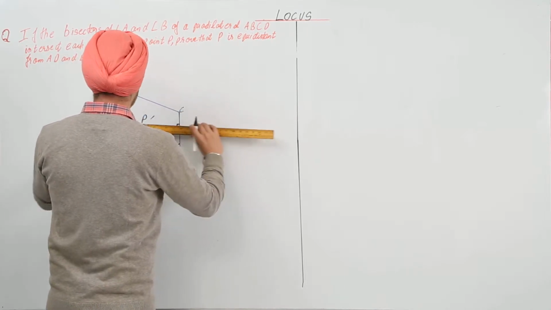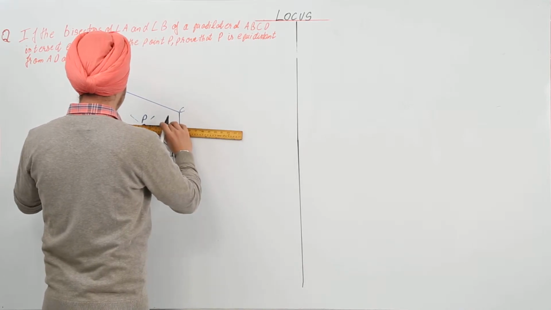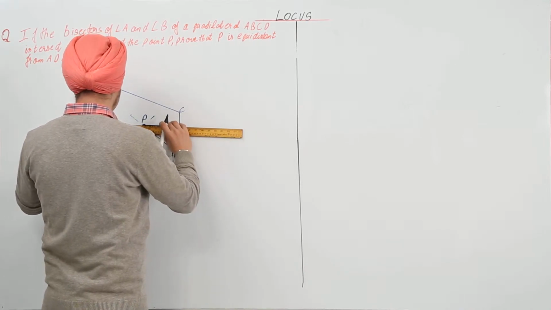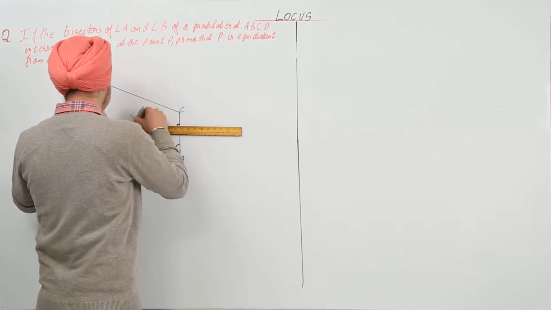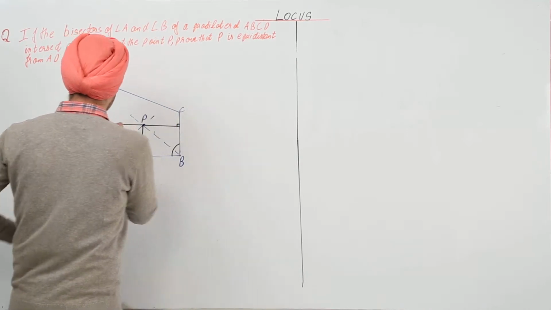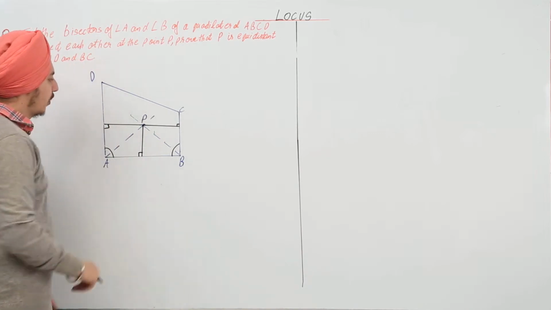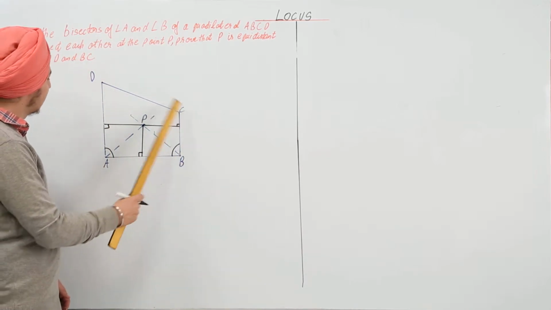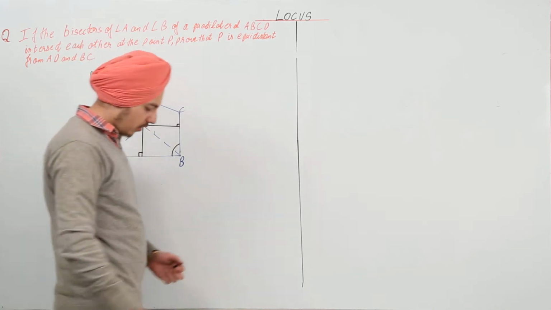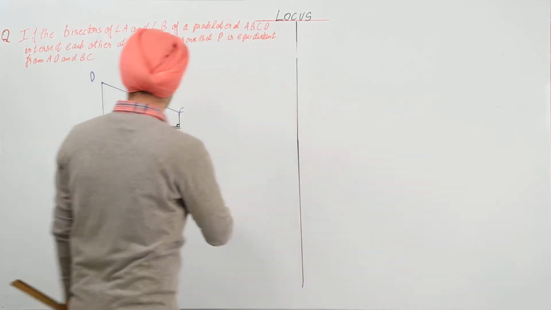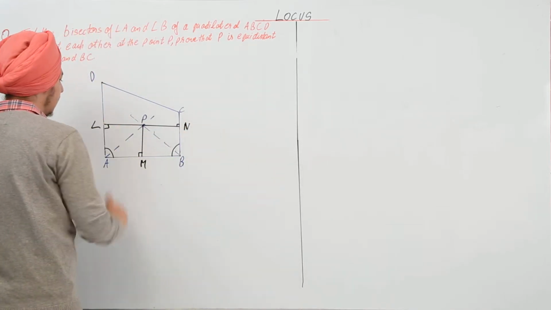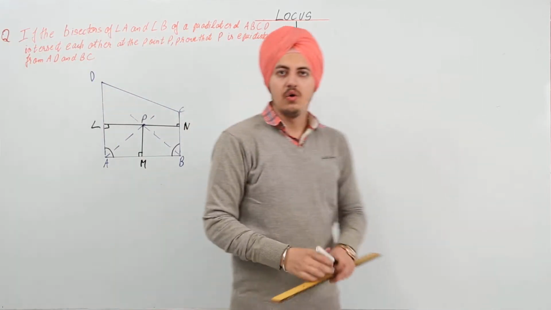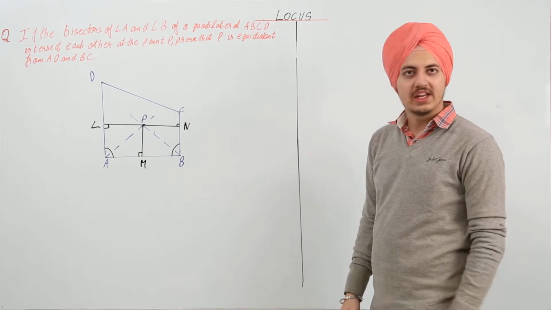and then a perpendicular from this point on AD, sorry. Now I have drawn three perpendiculars from point P on AB, BC and AD. Now we name these points M, N, L. Now in this question we are given that